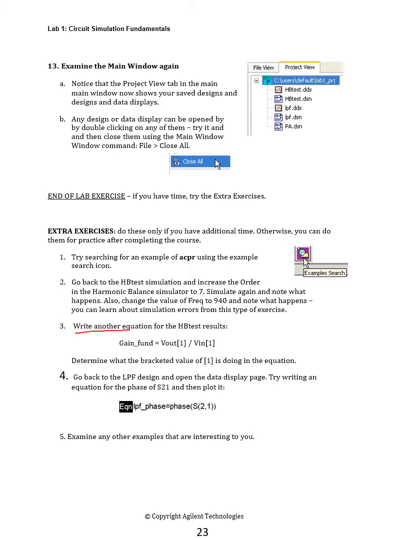Go to the LPF low pass filter design and open the data display page. Write an equation for phase and follow the steps. Examine any other example that interests you. You can practice with another example also.